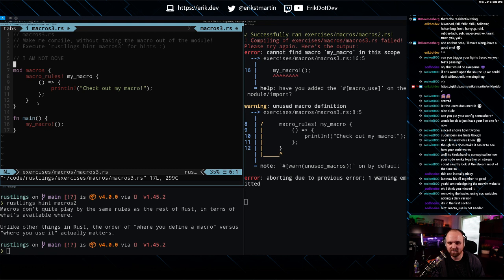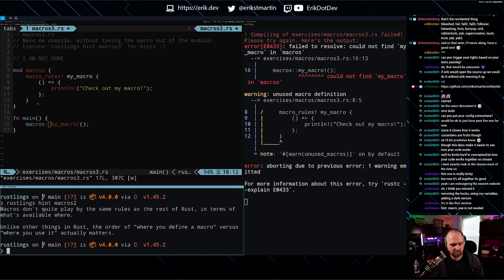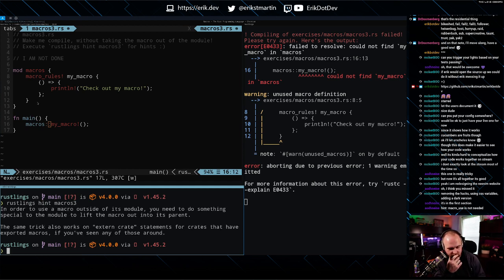All right, my macro in this scope cannot find it. And is that because we need to do like a macros, my macro? No. You need to do something special to the module to lift the macro. Oh.